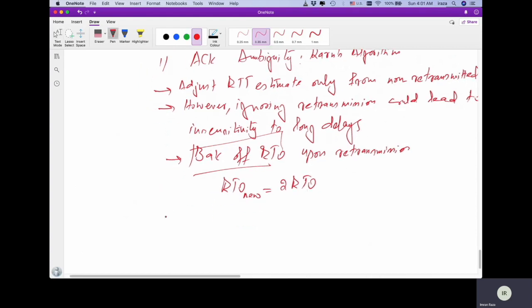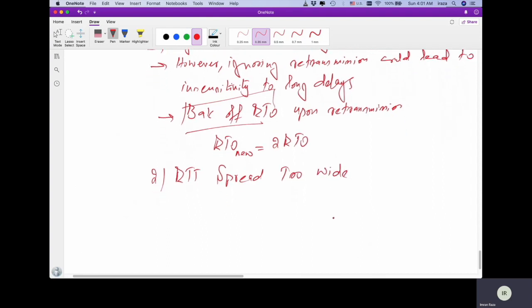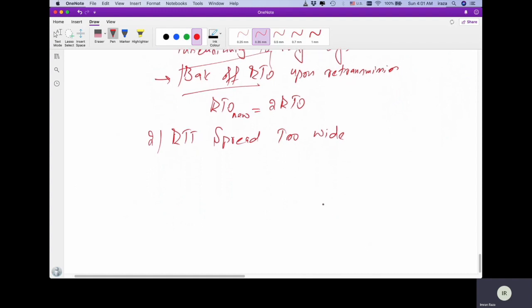So what about the second problem? What was the second problem? Yes, you're right: RTT spread too wide. Too wide means what? This means the RTT estimate is not taking variance, deviation, into consideration, right? Because the RTT estimate is computed